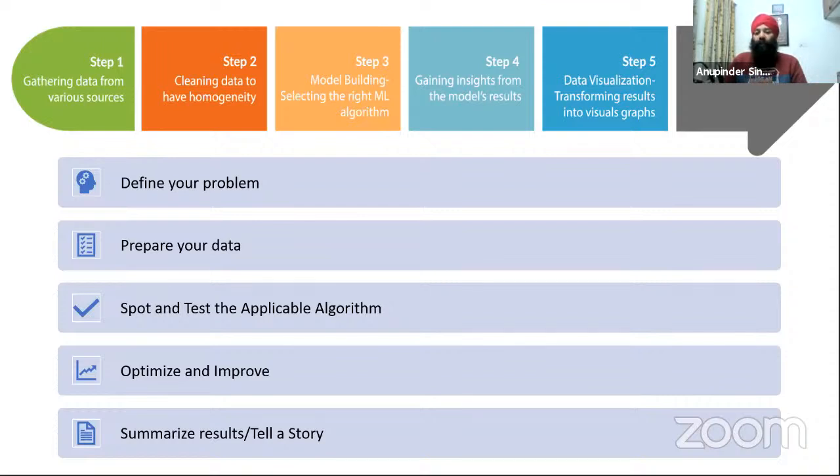So maybe if you have downloaded a purchase sales data, where a company has been selling certain products to certain number of users, and the date and the amount is basically in a string format, you have to convert that particular string into the integer format, right? So that is what you are going to work on preparing the